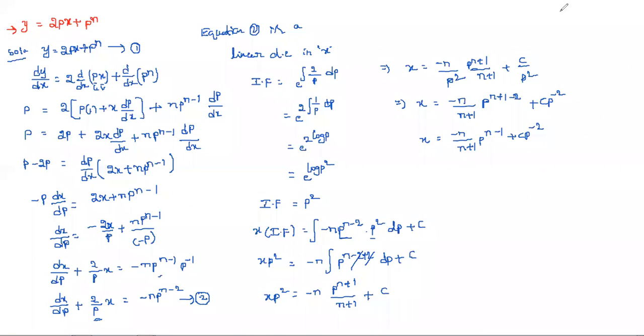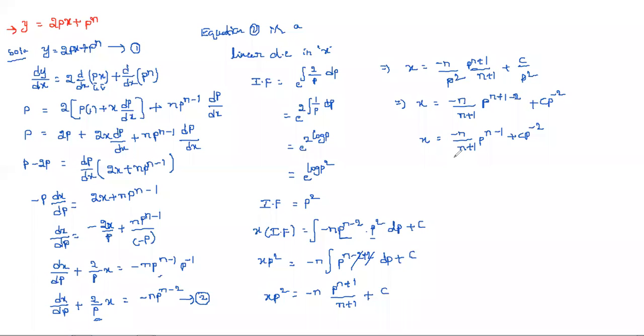If you observe the previous problems and this problem, what is the difference? In the previous problems, we got the p value and we substituted that p value directly in the given problem. But is it possible to eliminate p here? Is it possible to separate p from this entire expression? It is not possible. In that case, as we said when we discussed the procedure, if possible we eliminate p; if not, then simply substitute this in the given problem. So here elimination of p is not possible.